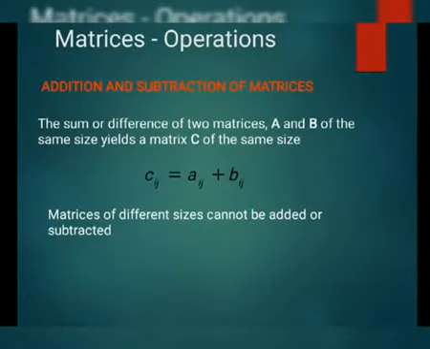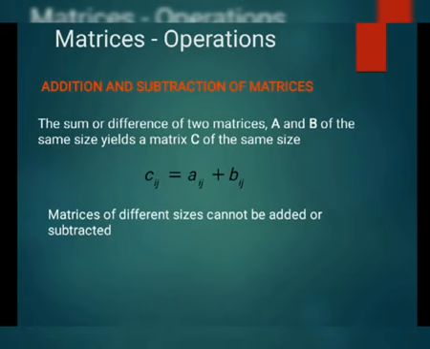So all the matrices hold the commutative and associative property. Commutative property means addition of A and B is equal to the addition of B and A. It means that we can add the matrices in any order, either first matrix or second matrix, or second matrix or first matrix. In both the cases we get the same results.